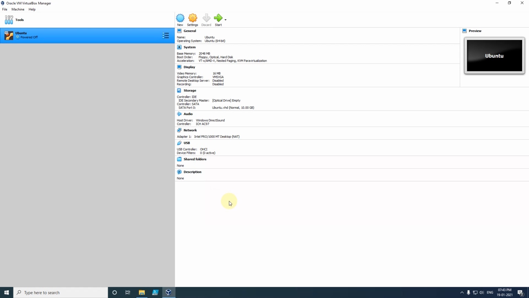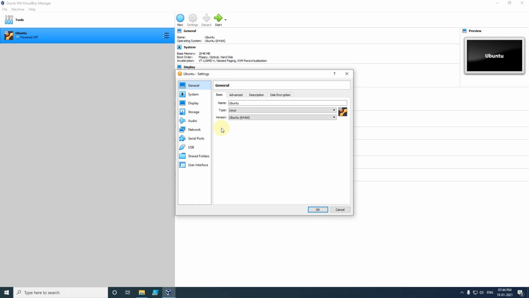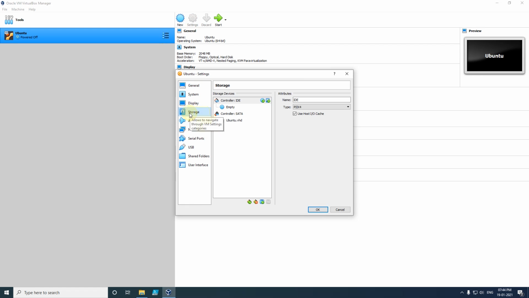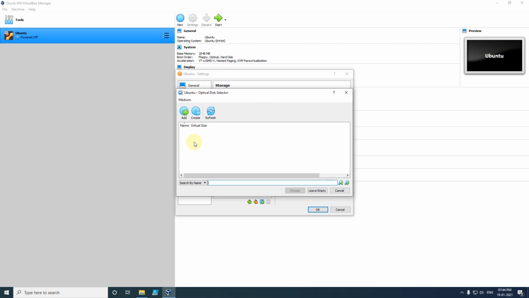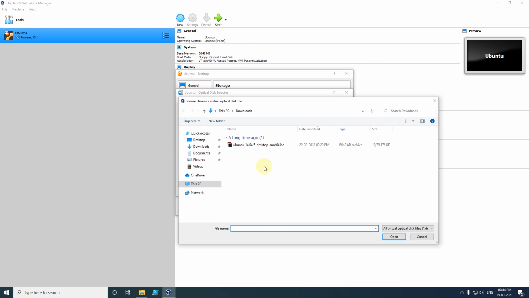Before doing anything, we will have to upload the ISO image of Ubuntu. How can we do that? We have to click on settings, and here we have the option of storage. Under storage, you can see we have one disk image with a plus sign, so we have to click here. After that, again we click the plus sign to add, and now you can see we have the Ubuntu ISO file.